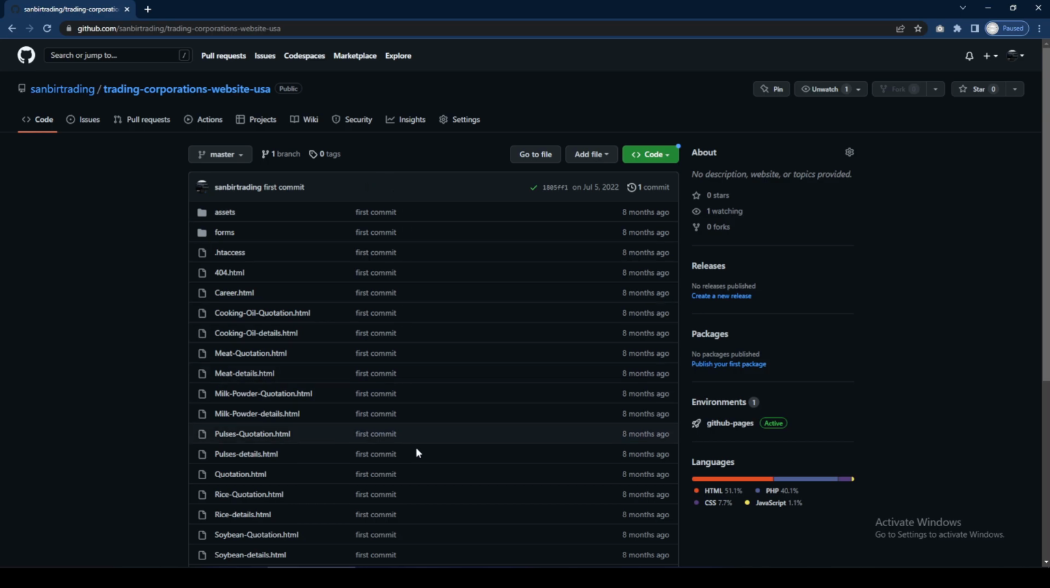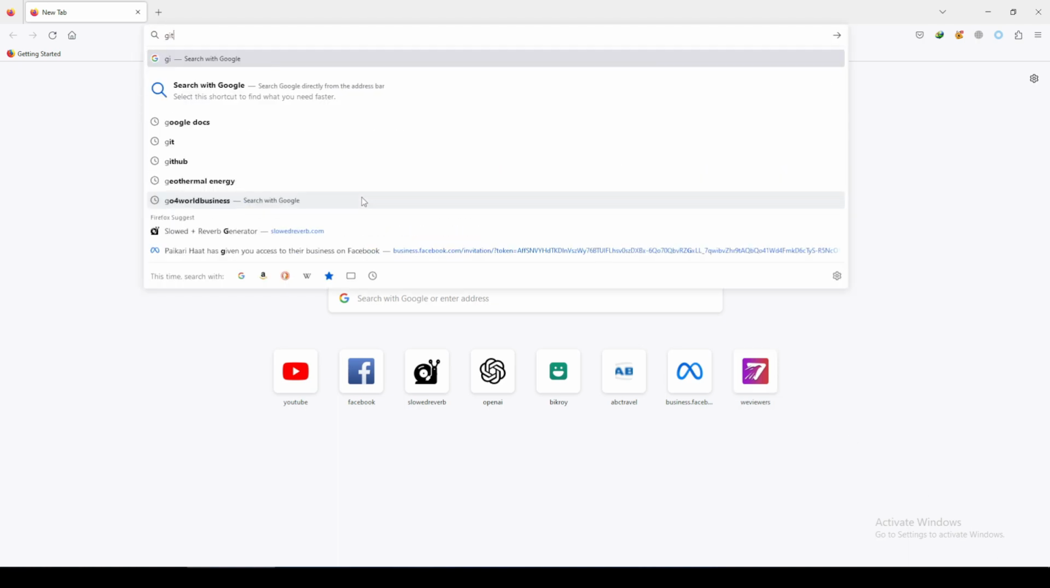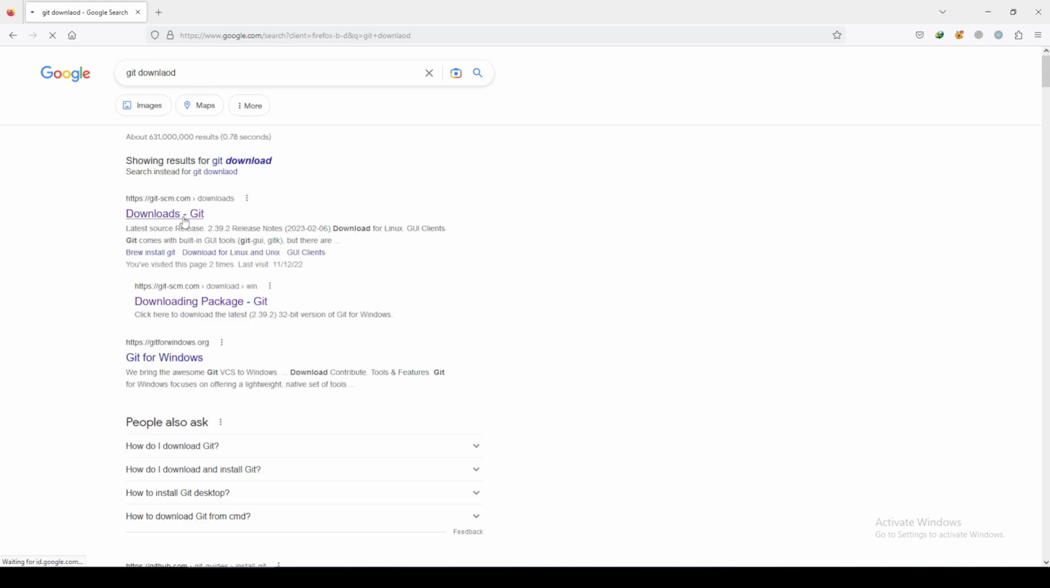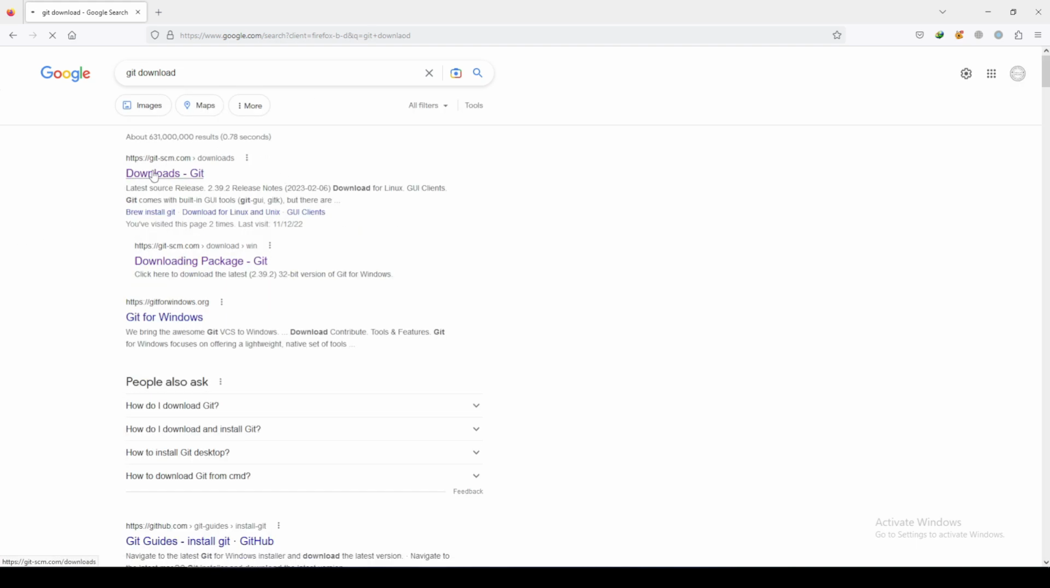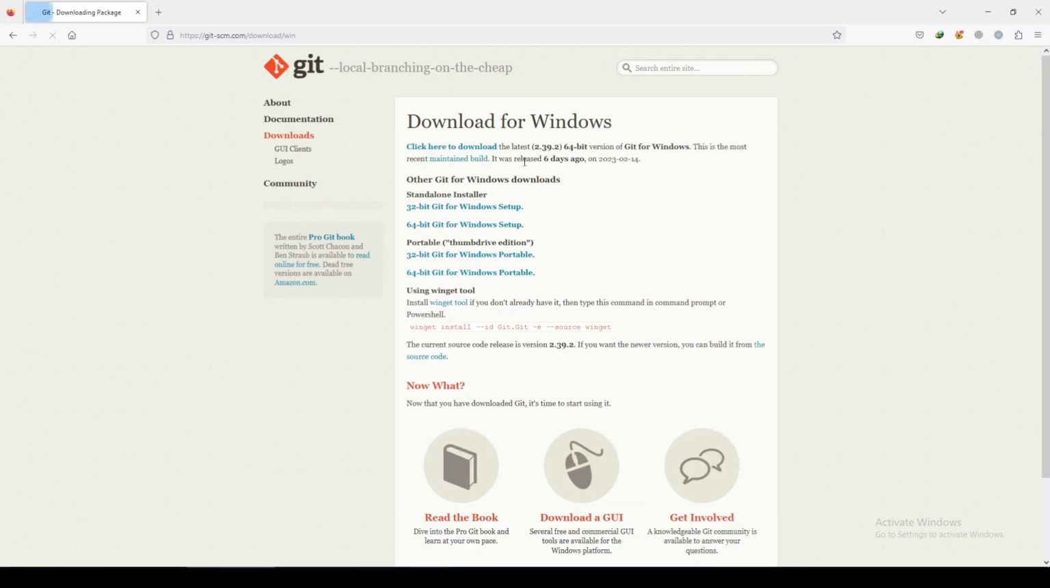So let's get started. First of all, we have to open our browser and search for git download. Alright, that was a mistake. So you have to click this first link, download Git, and then you'll find this option. You have to select your OS. Mine is Windows, so I'm clicking here,